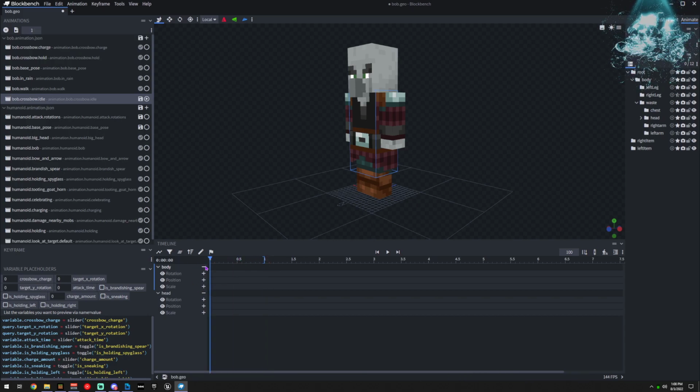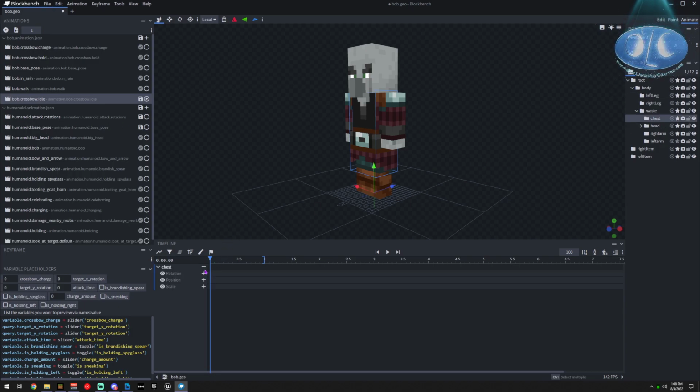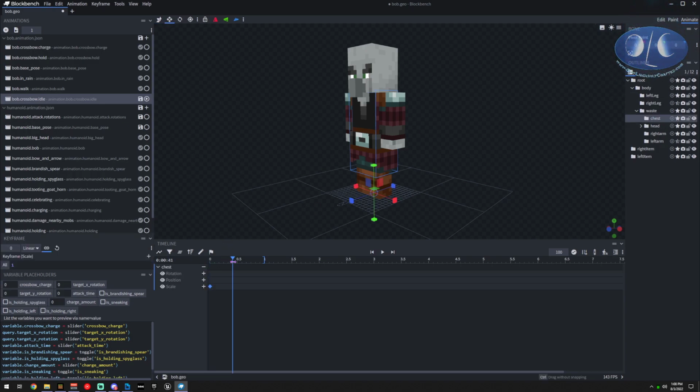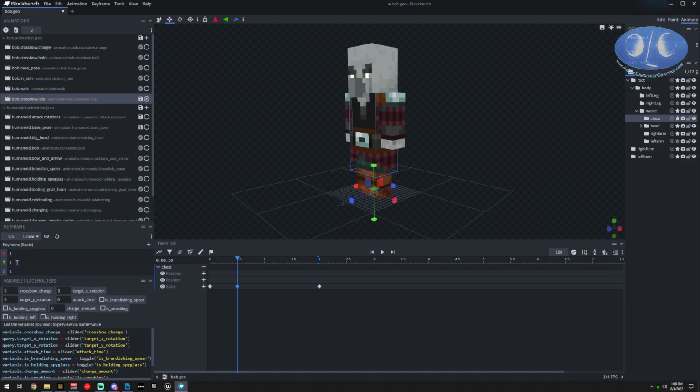And what I can do with that is now I can take that and I can start it at scale 0. And this one's typically good for, I think, 2 seconds. Same thing, I'm going to end at 0. And I'm doing scale this time. And so what I'll do here is, this will be breathing for the idle.